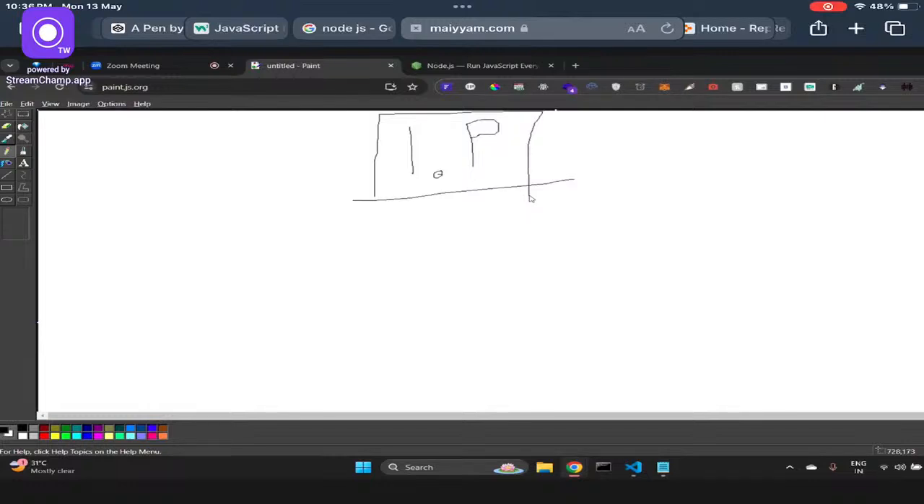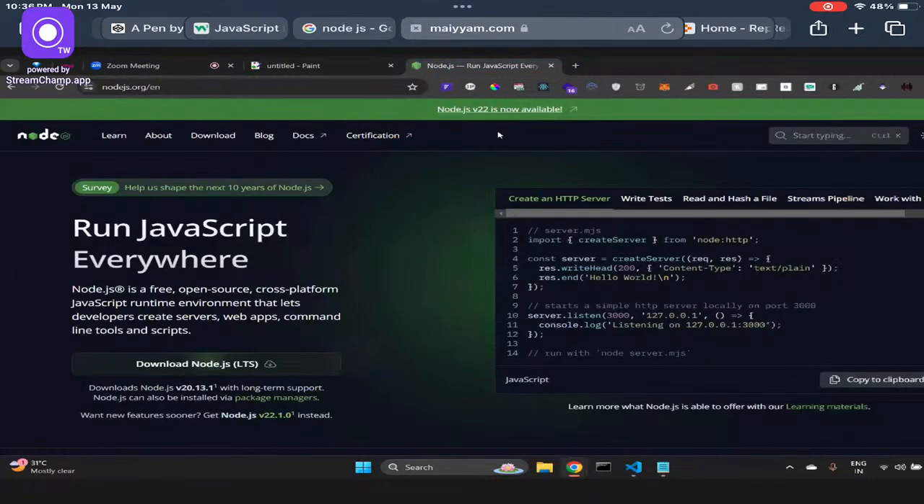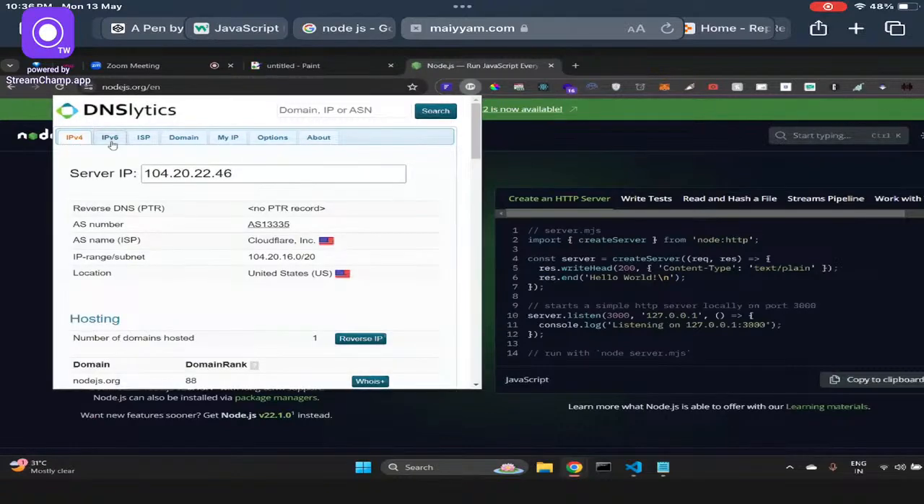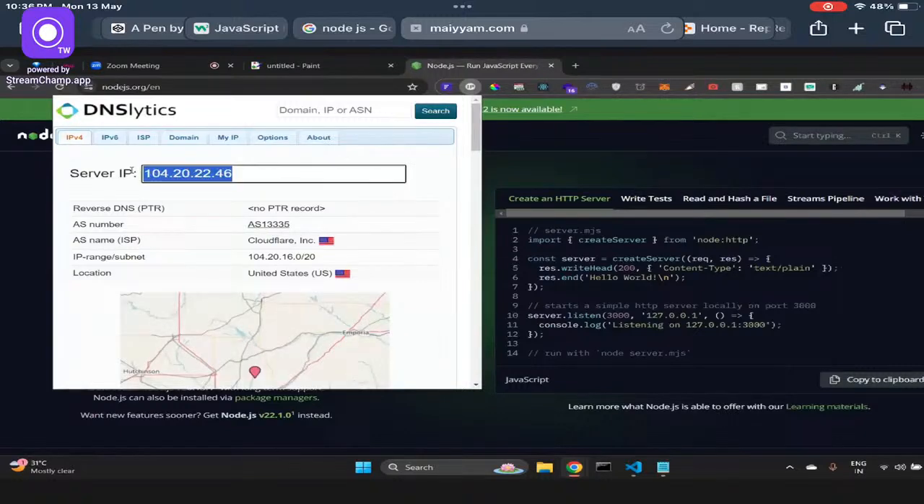Like every website, right? Every website will have an IP address. Like IPv4, IPv6 is a newer version. You don't have to worry about that. But every website will be hosted on some server, and this is going to be the server IP. You can actually